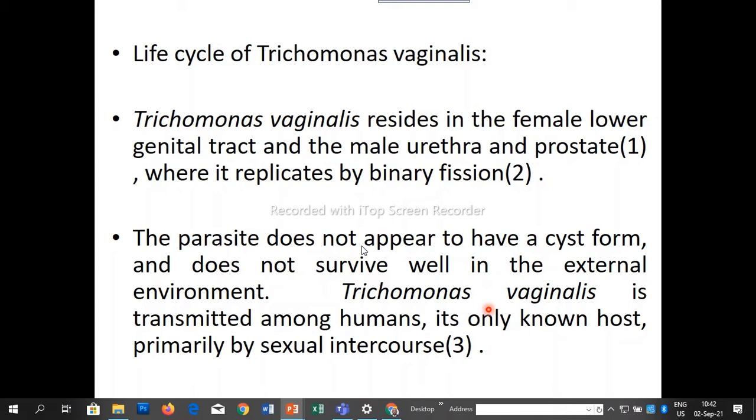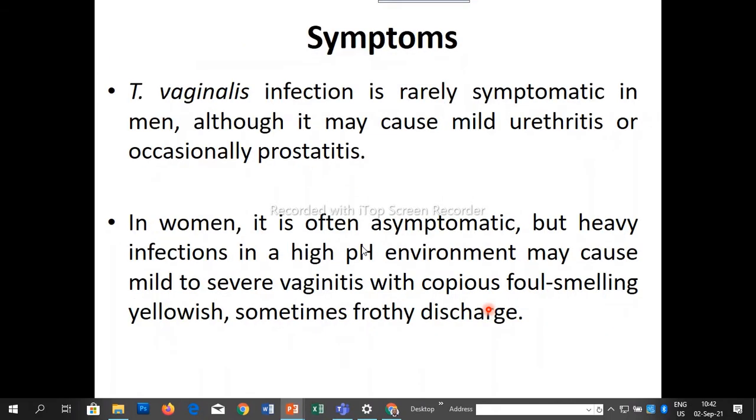It requires direct transmission. It's transmitted among humans, its only known host, primarily by sexual intercourse. So unprotected sexual intercourse is the way of transmission of this. The symptoms consist of